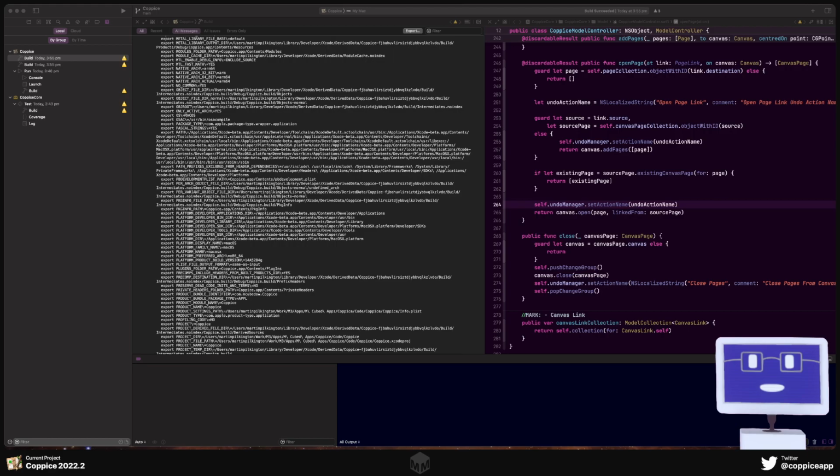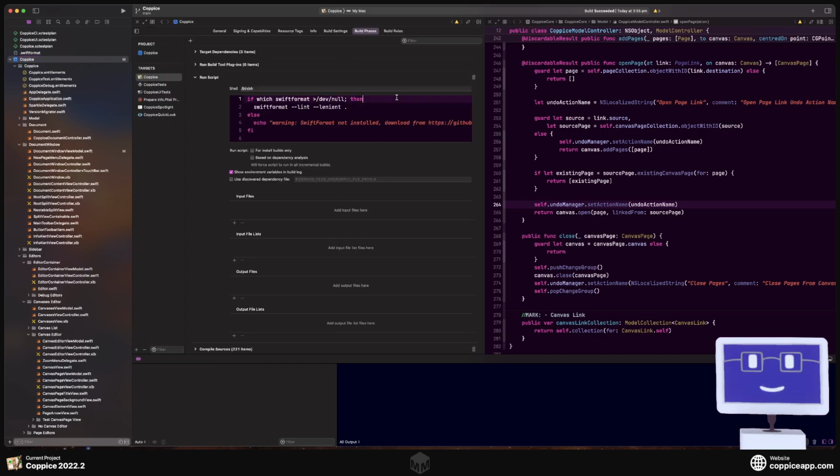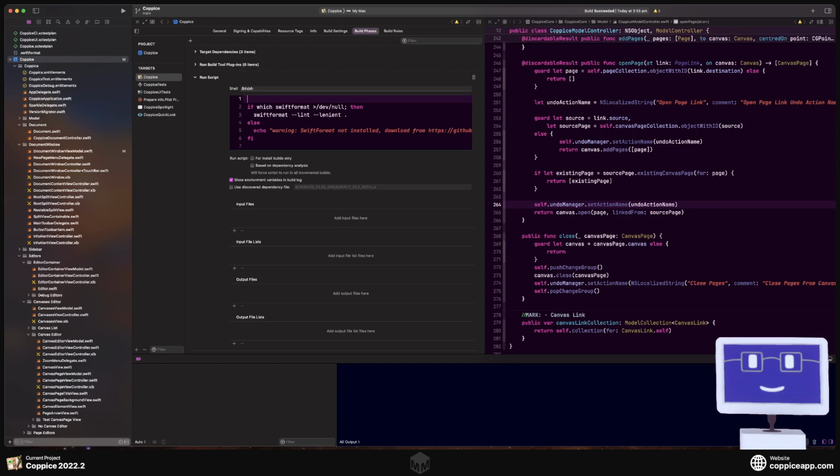Okay, so it stores it in the Homebrew bin. So what I can do is set path equals $PATH plus the bin. And then if I build,